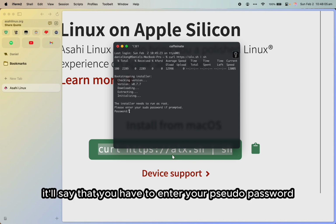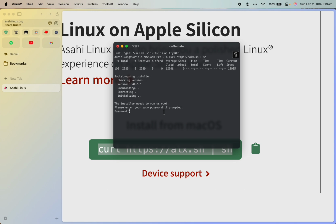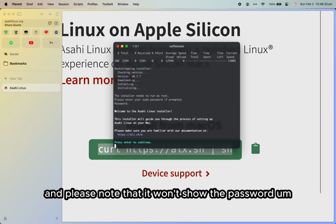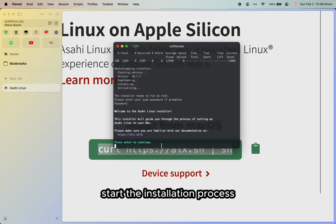Now, it'll say that you have to enter your sudo password if prompted, and as you can see right now, we have to enter our sudo password. So what you want to do is just enter the password that you use to log into your Mac. In my case, I'm just going to go ahead and enter my password, and please note that it won't show the password, but it will register it. If you successfully entered your password correctly, you'll be prompted to start the installation process. So we're just going to press enter,